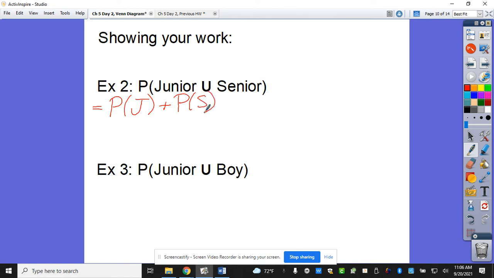So what is my probability of junior? Not just 8. 8 out of 32. Plus what's my probability of senior? And then I actually add that together and get, which reduces to,